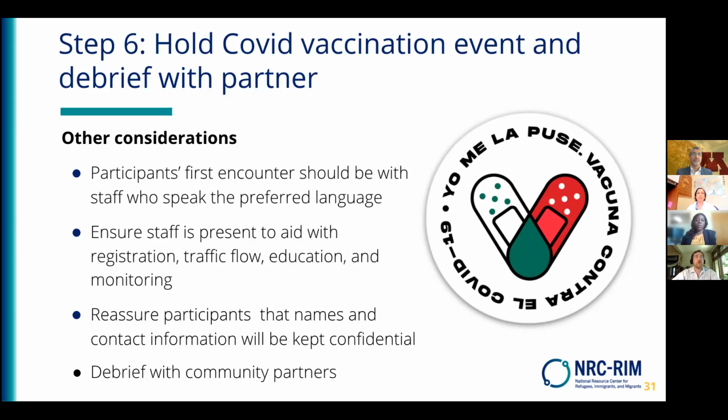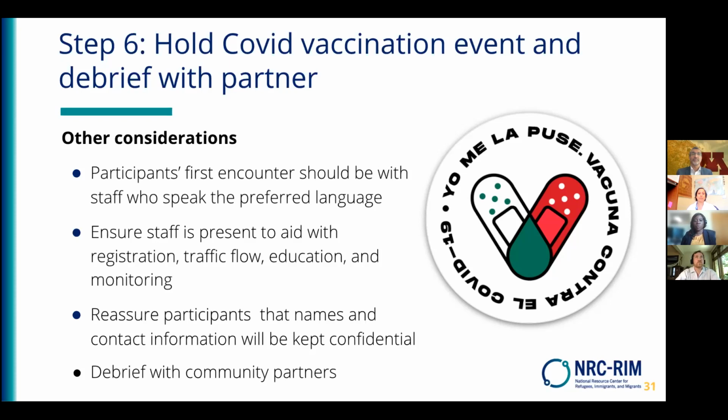This is also very important because you want their feedback. You want to see what you can do better, and you also want to see how they feel the event went. And if they have additional ideas that they can bring forward, that you can both collaborate on, because depending on what vaccine they got, there would also be a second dose vaccination event. There'll be future events that you would be planning with them, or through them to be connected with other